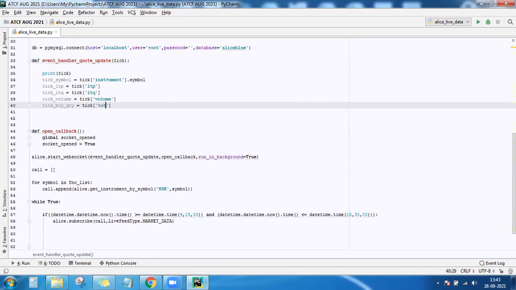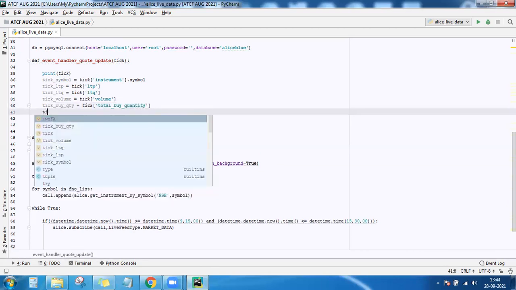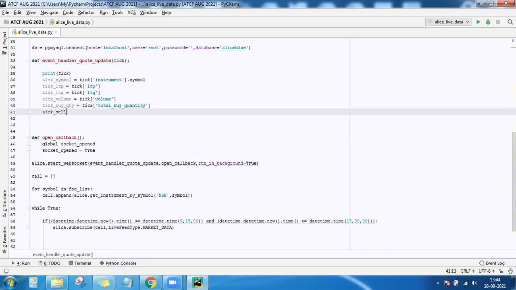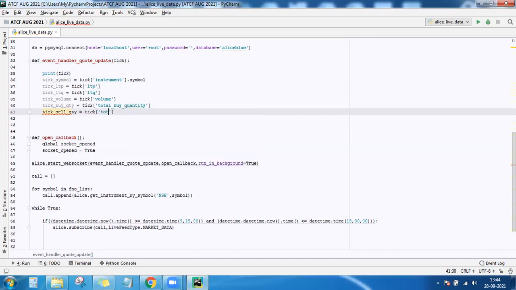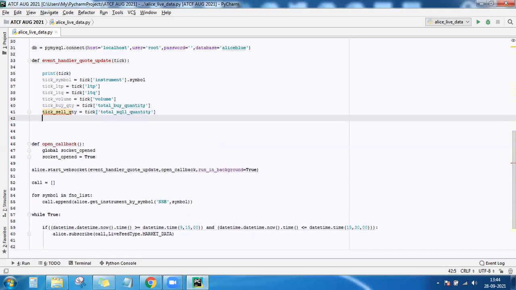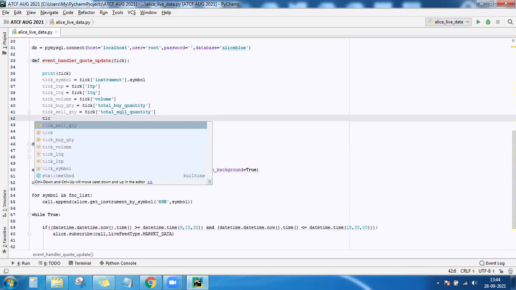So total buy quantity and total sell quantity. After total buy and sell, we will extract the open, high, low prices.